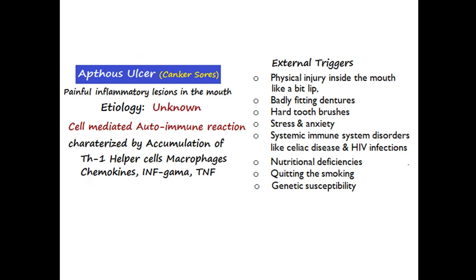Aphthous ulcers may occur more commonly in a family. Family members are affected more commonly, and so we can say that there may be some genetic susceptibility, with people with particular genes who recurrently develop Aphthous ulcers.